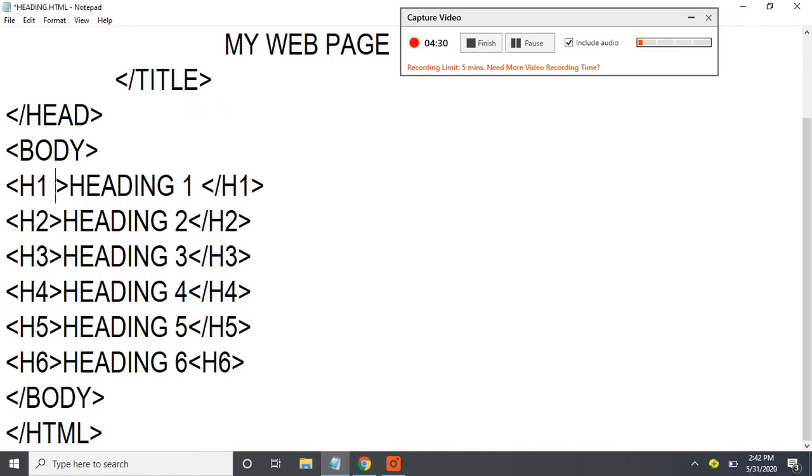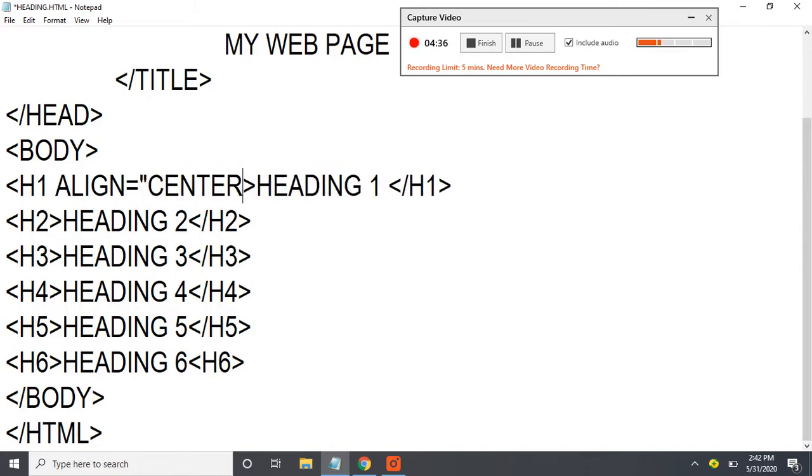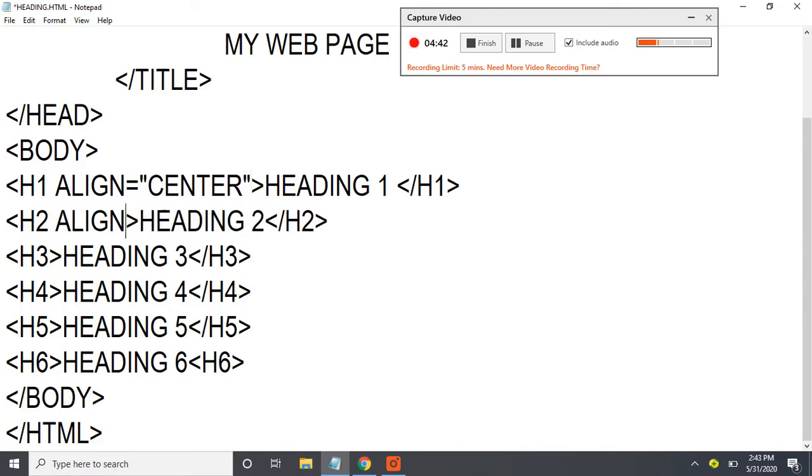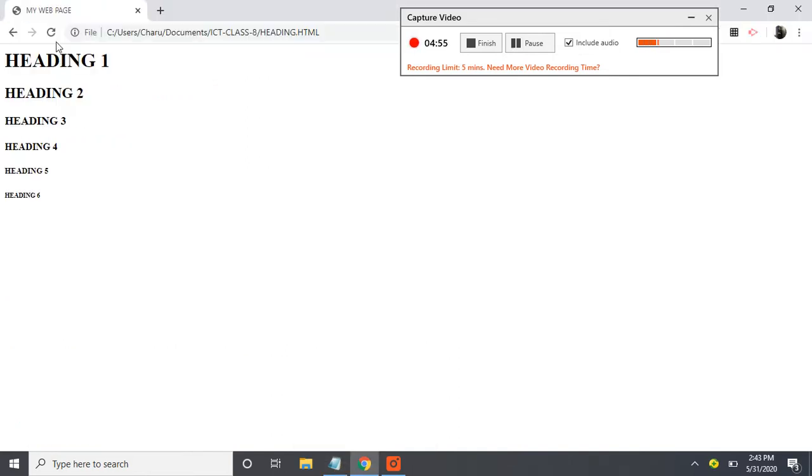right margin, for which we have an attribute called align, and along with that you can mention whether it should be placed in the center, or I'll show you here with heading 2 I am placing it to the right. By default, as we saw, it is left aligned. So save the changes and then open in the browser window. You can reload the page and see the changes. So as you can see,